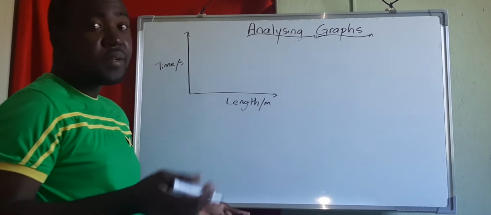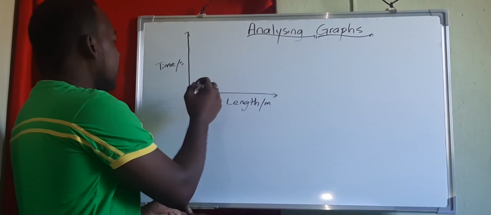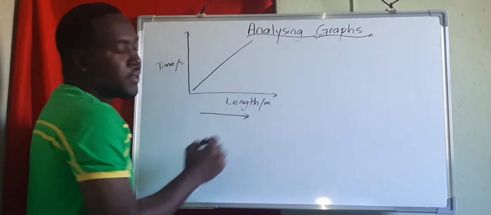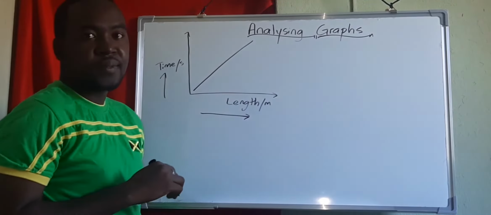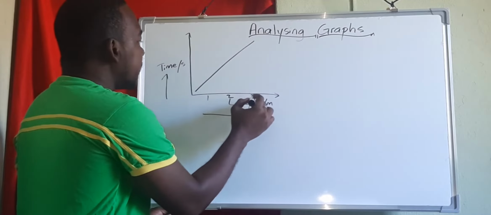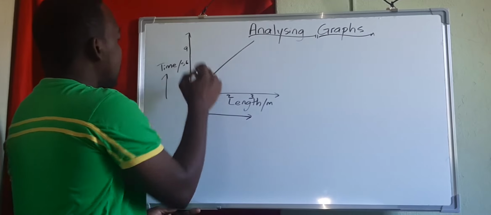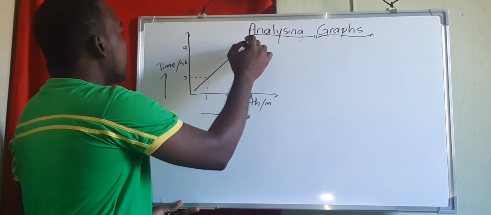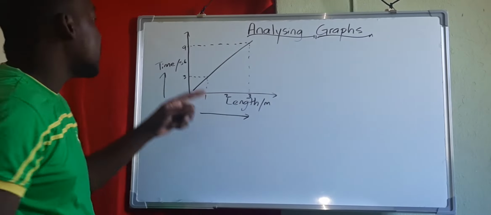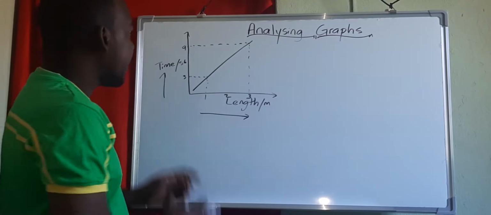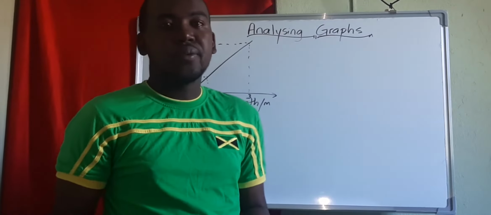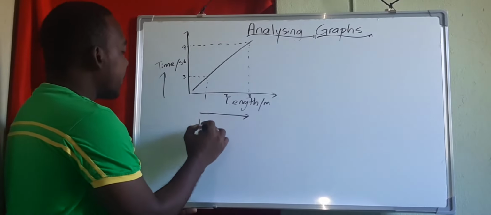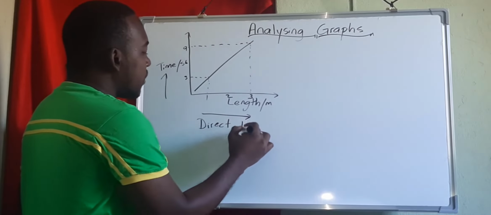So from graphs, we have two types that I normally talk about. We have our direct proportional, which states that if we increase the length, then time also increases, right? So if we look at numbers, if we increase from 1 to 3 for length, time also increases from 3 to 9. So we have a direct proportionality. So if they ask to find a relationship between two quantities, the first one can be that they're directly proportional,